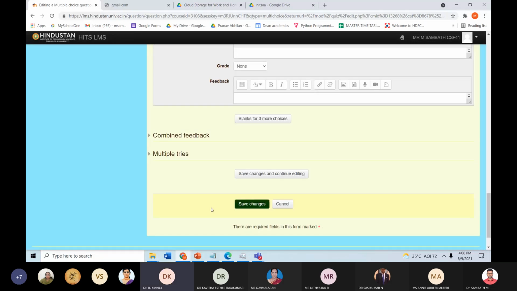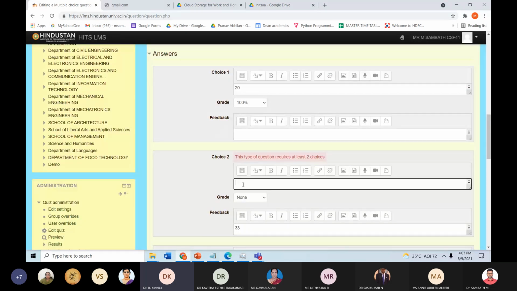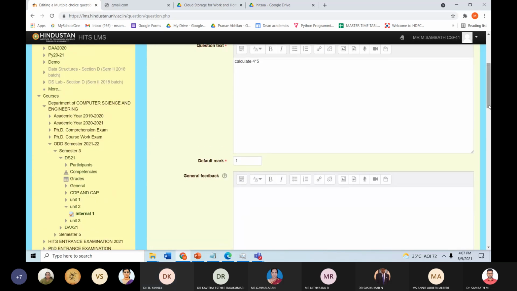Sir, one question. Yes, ma'am. From what I understood, it seems that we cannot upload an image as an image. We can only put the URL of the image, right? URL in the sense where is your file located in your computer? In the computer. Okay. So not like the Google Drive. That also can be accepted.